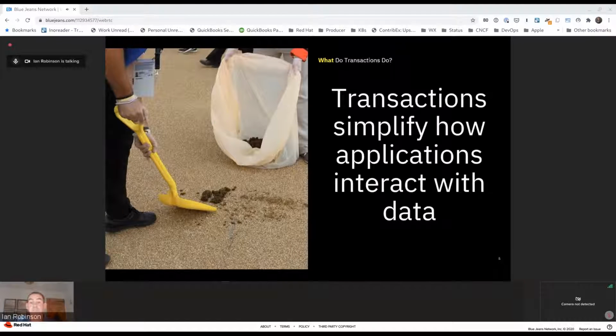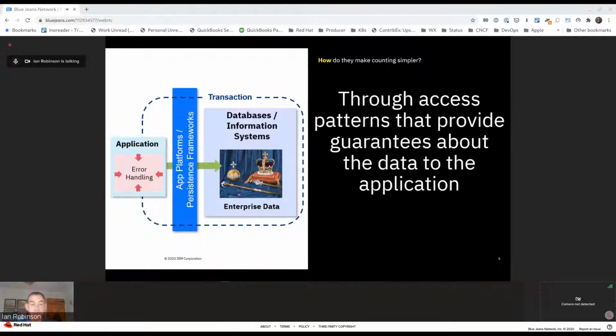At the most fundamental level, they're about reducing the burden specifically on the application when something goes wrong, and in particular on maintaining the integrity of the data that the application interacts with. So transactions in their most basic form are here to clear up the mess so that applications don't have to. Coming from the UK, in every presentation I'm legally obliged to have a picture of the crown jewels. There they are. An enterprise's data are jewels.